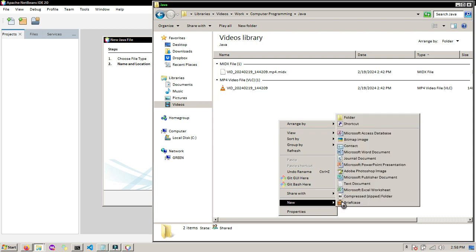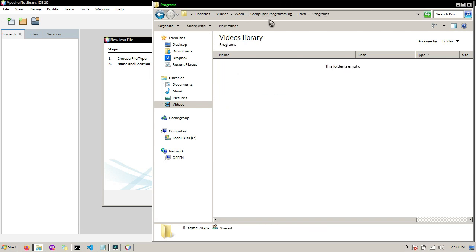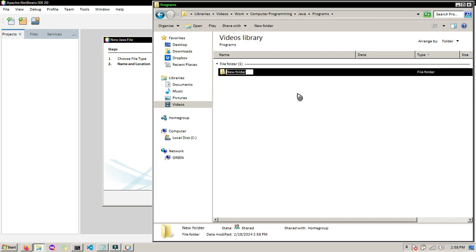Let's create a folder for programs. And let's create a folder for our Hello World.